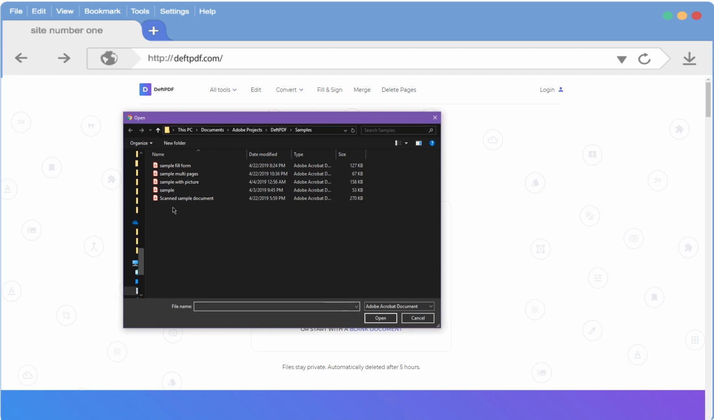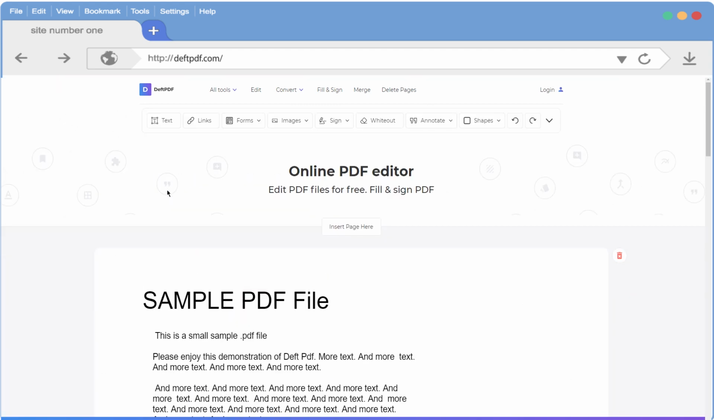You can see DeftPDF's toolbar displayed here at the top. It contains all the tools you need to edit a PDF without having to buy pricey programs. You can add text, edit existing text with ease, insert clickable links,